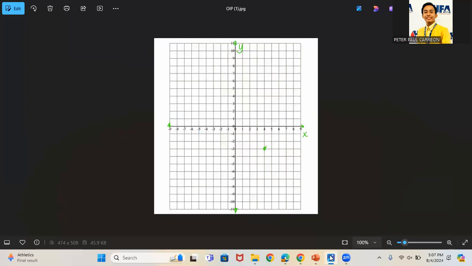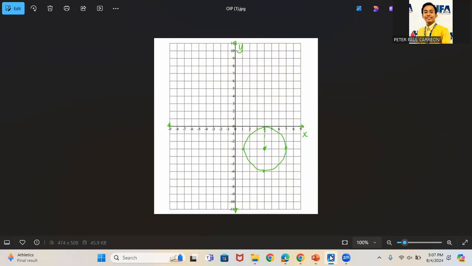And then since it is tangent to the x-axis, we will draw an imaginary line so that the circle will be tangent to the x-axis. I think that is 3 units upward. Therefore, the other vertices of the circle will also be 3 units, forming now the circle. I cannot draw this one perfectly because I'm just using the Zoom tools, so you could use a compass to draw it properly. This is not really a perfect circle, but this is how we illustrate the problem.